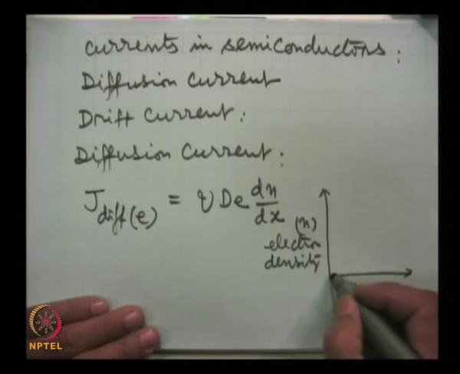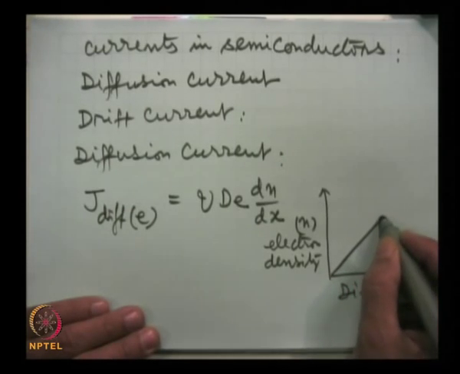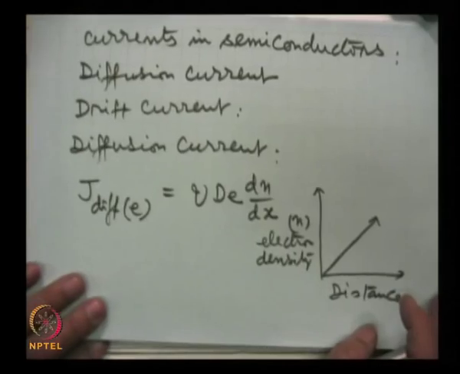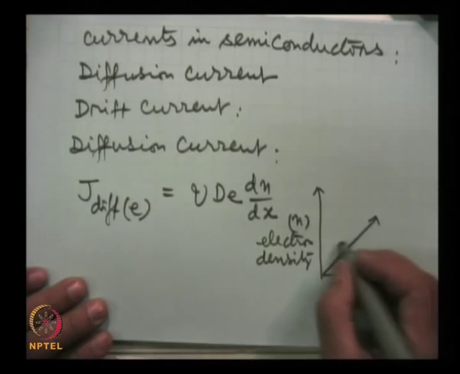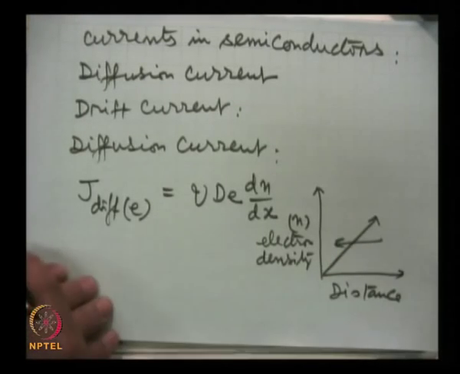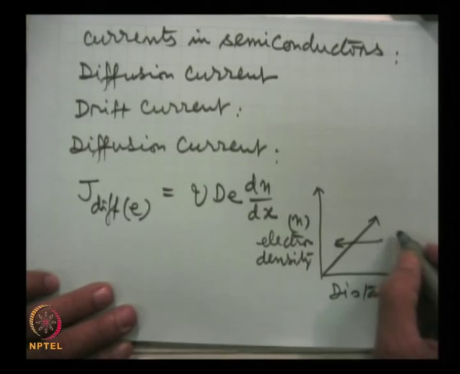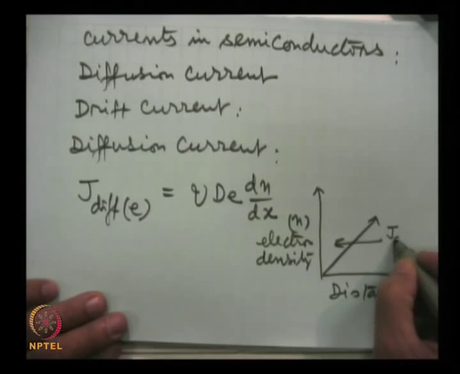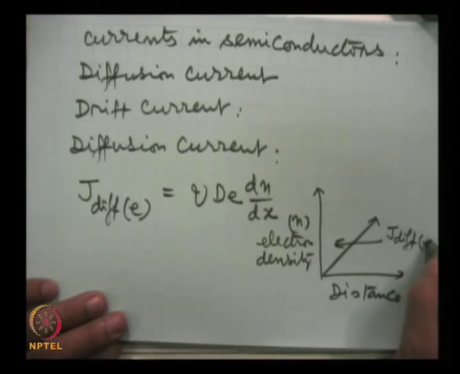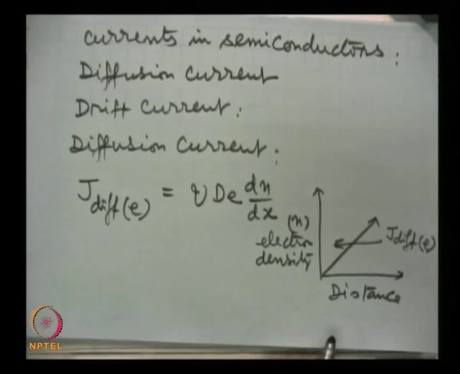Now, this is the gradient and the current. Conventionally we take the direction of current flow opposite to the electron flow. So, this will be the diffusion current, and this is J diffusion due to the electron. We can write a similar expression for